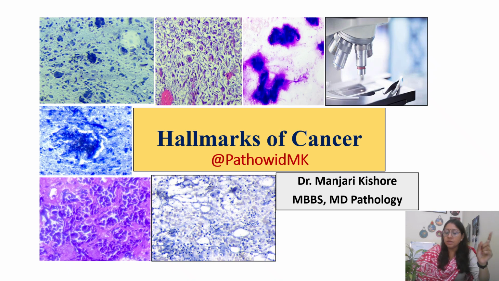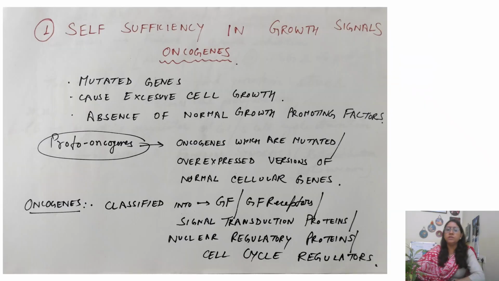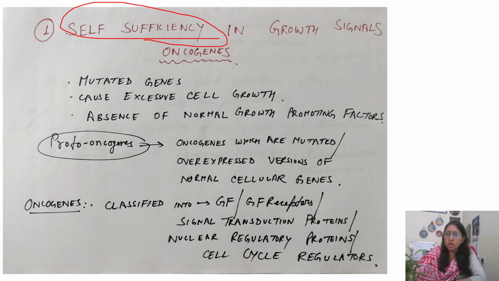So all those main 8 signature markers which are very important in evolution of cancer, why cancer happens. So these are hallmarks of cancer. So today what we'll be doing is we'll be discussing the 8 fundamental changes which are considered the cellular and the molecular hallmarks or the signature markers of malignancy, that is cancer. So to begin with, the first जो हमारा है, first point is self sufficiency in growth signals, that is oncogenes.